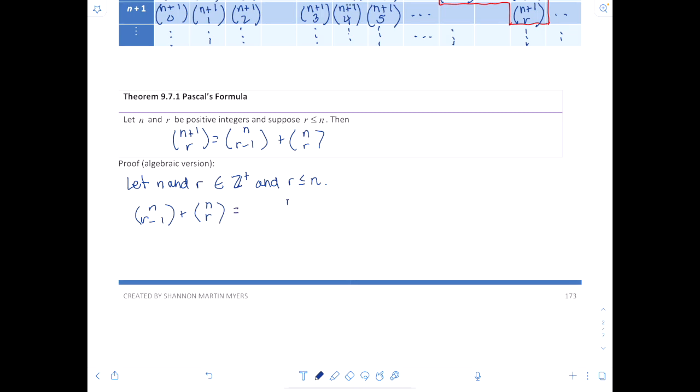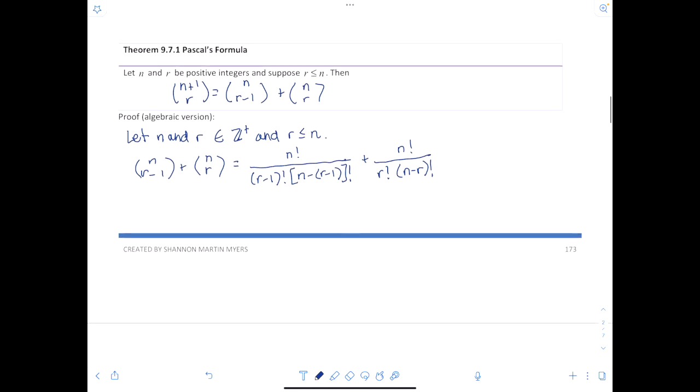So we'll have n factorial over r minus 1 factorial times n minus quantity r minus 1, all factorial, plus n factorial over r factorial times n minus r quantity factorial. Cool so far? All right, and this in turn will be equal to n factorial